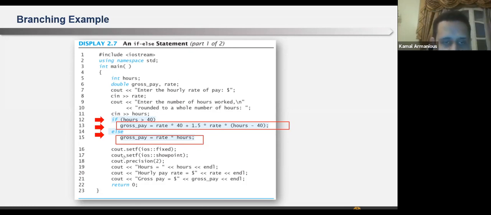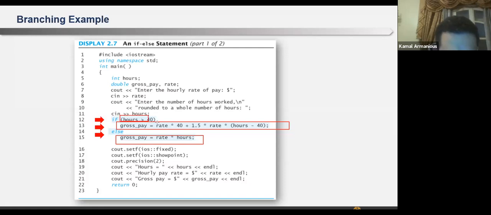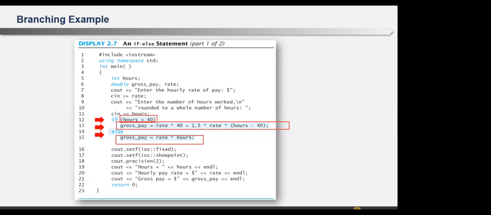So let's go back to Ahmed. Ahmed, if hours is greater than 40, I will go to the first statement, or the second statement if hours is less than or equal to 40. So what is this called, Ahmed? A conditional statement.